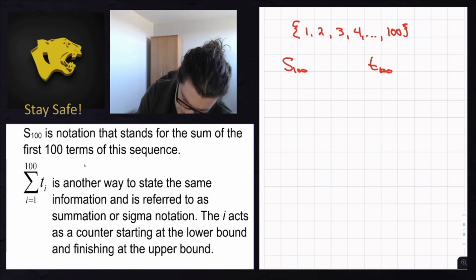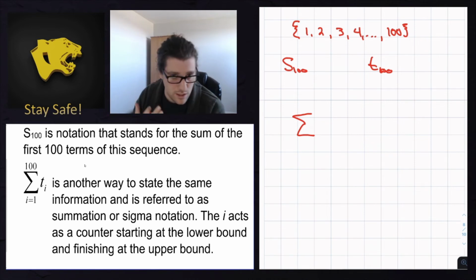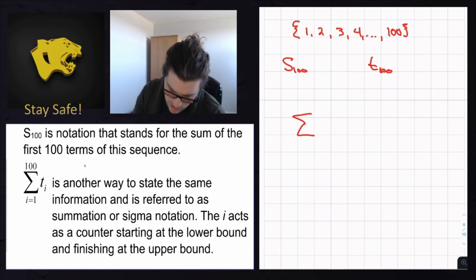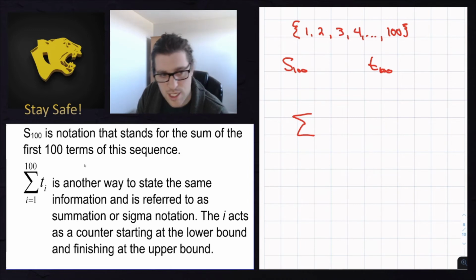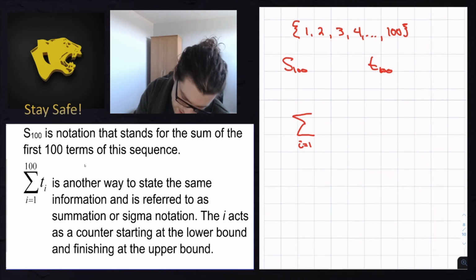This is known as sigma notation. There's a little lowercase sigma that looks kind of like that, and this is an uppercase sigma. That uppercase sigma is kind of equivalent to the letter that we use in English for S, and it goes along with sum as well. So this is a summation, a sigma, starting at an i value of 1, going up to an i value